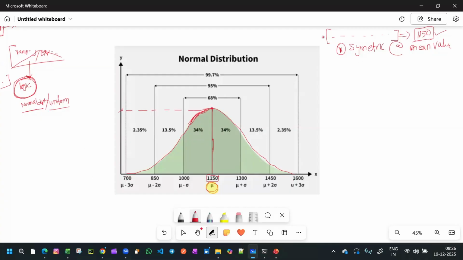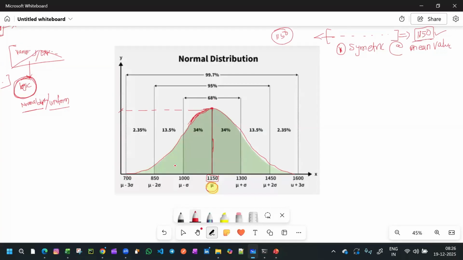So it means in this data set, the 1150 value is available the maximum number of times. It can be anything like 100 or 200. What is the maximum number of times? Clear so far? Is this clear so far? And